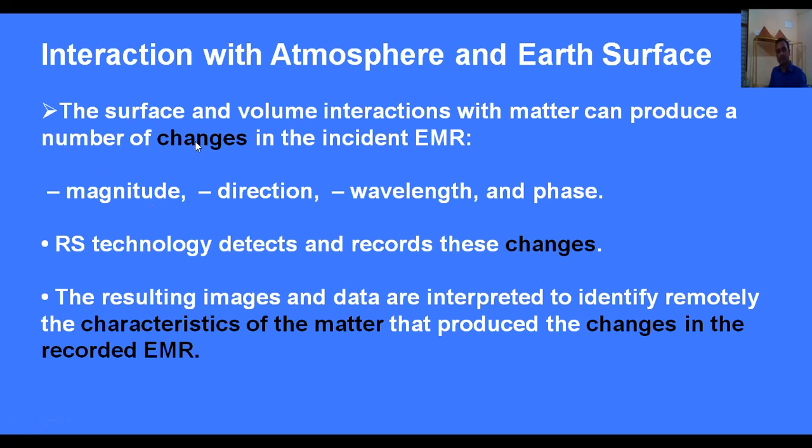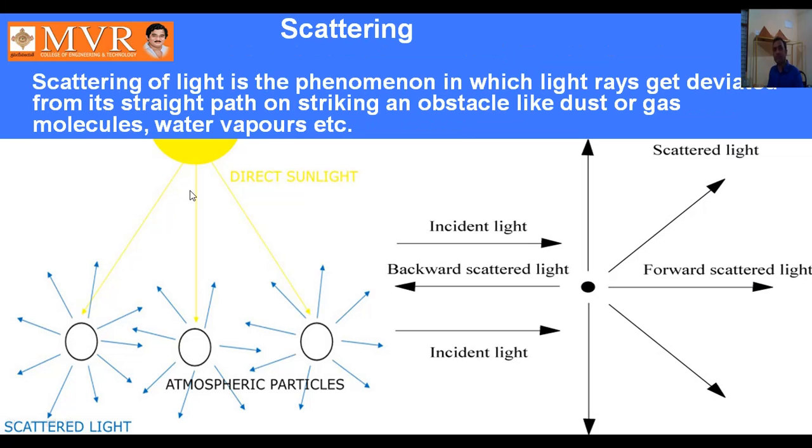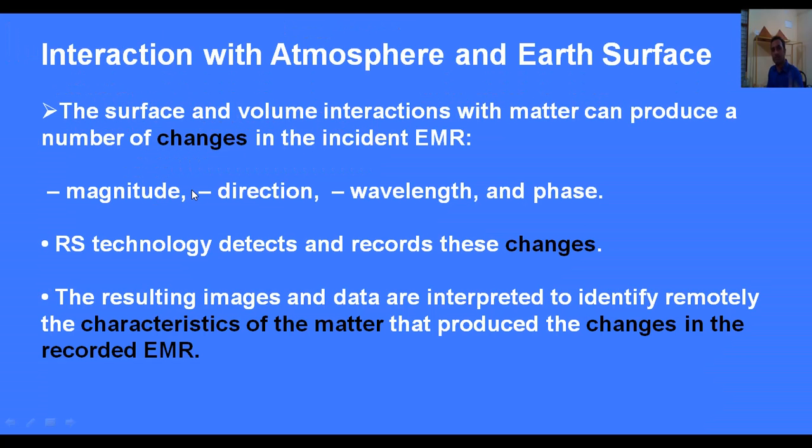So, these parameters are always changing. These are the wave parameters. When the satellite or source of radiation, like the sun, emits electromagnetic radiation in the form of waves, that wave consists of these terminologies. I already explained this terminology in the previous class: what is amplitude, direction, wavelength, frequency, time period, and phase. Phase means angle, wavelength means distance, and direction and magnitude mean intensity or amplitude.